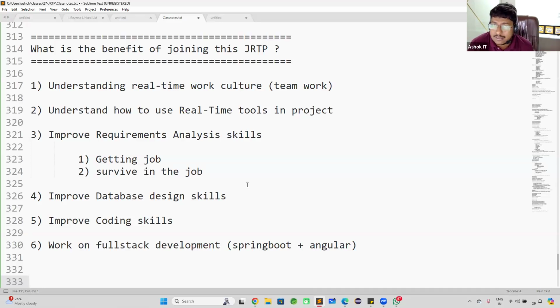Sir, for the full stack developer, we don't know Angular. So I told you Angular is part of the syllabus. Angular we are going to teach as part of the course. Okay, so you are going to become a full stack developer as part of this JRTP, and you are going to